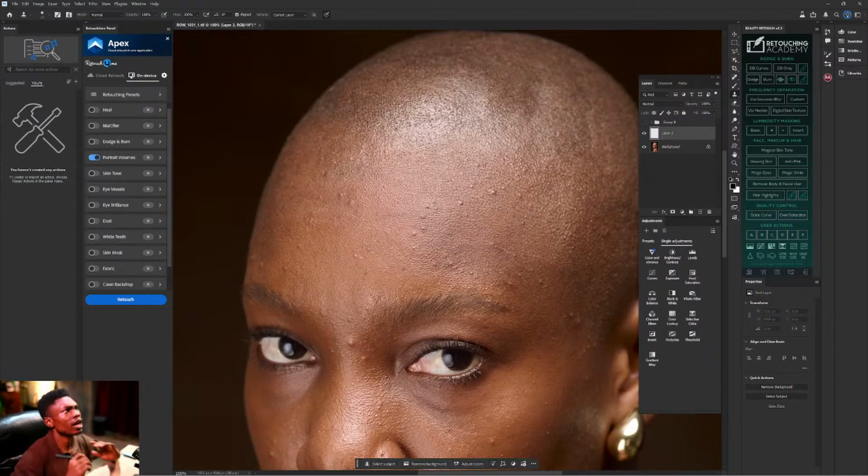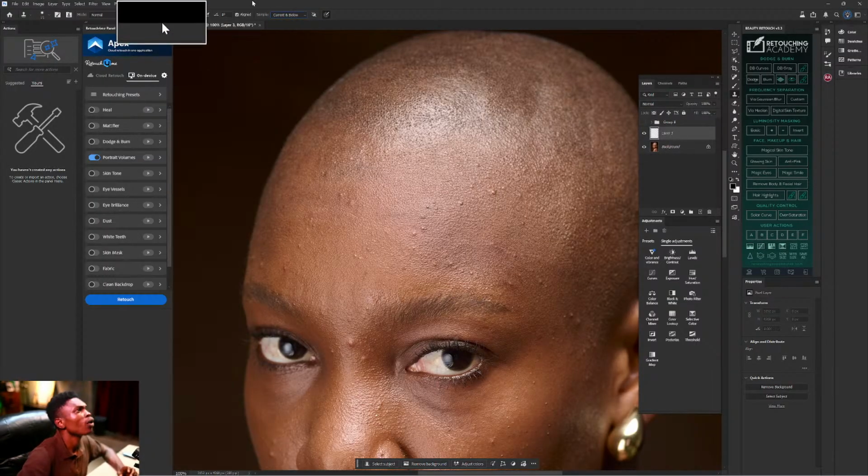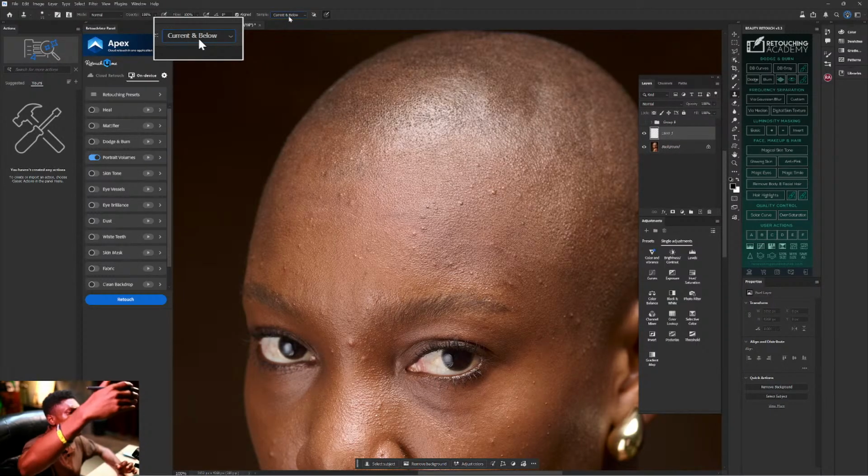If you select clone stamp, you go this place, do current and below. You see this place, current and below. If you select current and below, you go sample the texture from under, they put for empty layer. The reason I no wan do am direct on the image, so that if mistake dey, e go easy for me to go back.